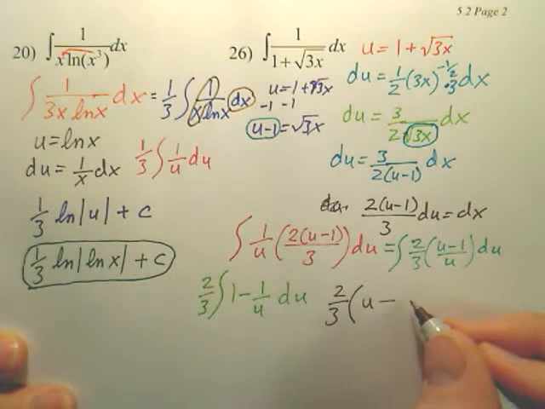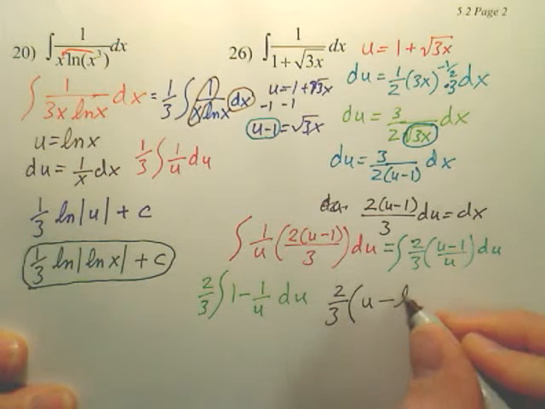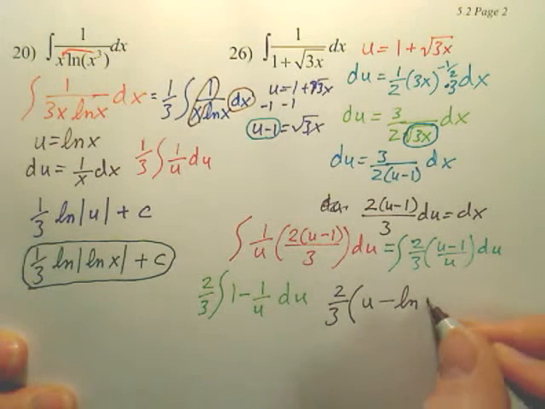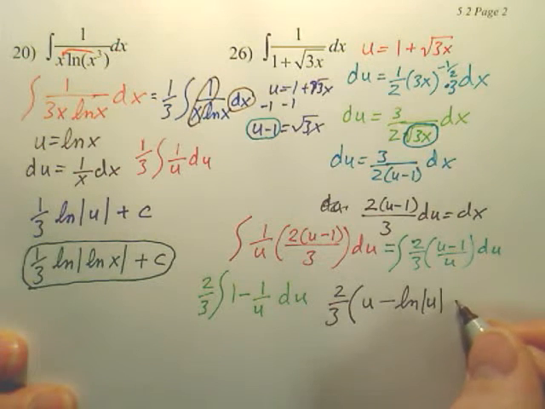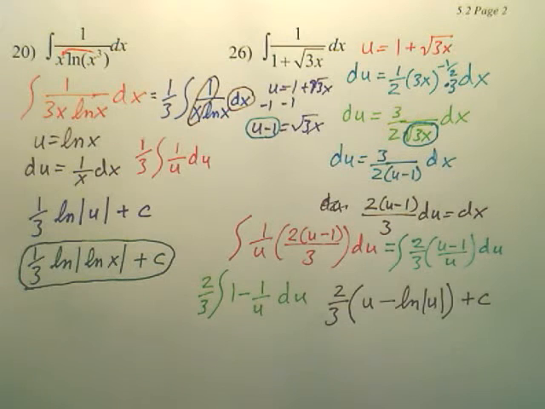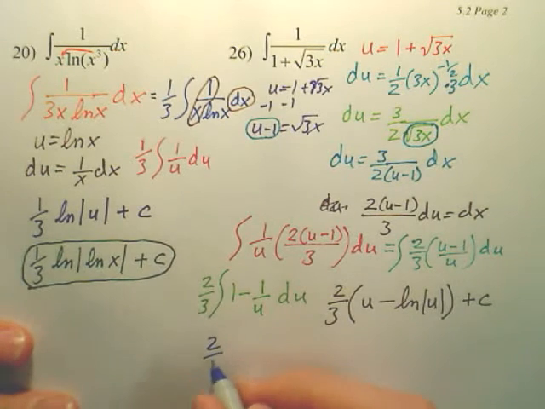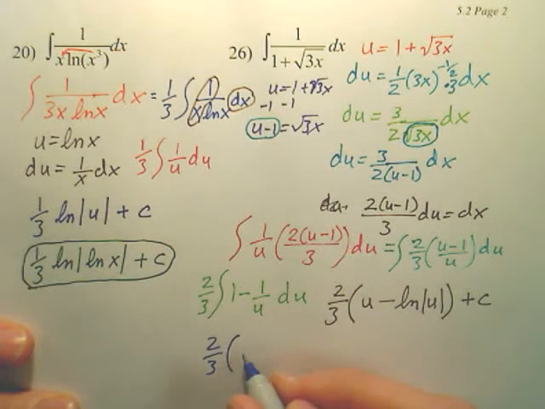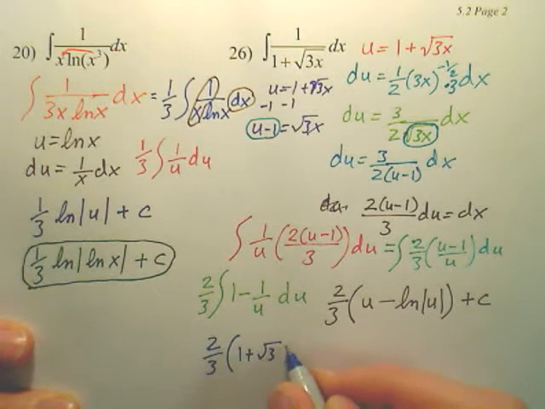U. And then minus ln u plus c. Can you picture yourself putting x here? Yeah. So my final answer is 2/3, and my original u was 1 plus the square root of 3x,